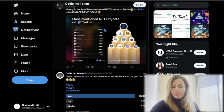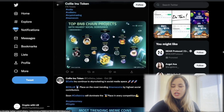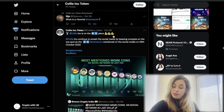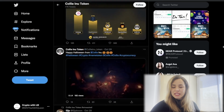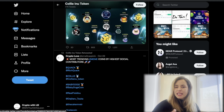Right, a little bit more about that. Most mentioned NFT projects I mentioned earlier. So you see, I'm trying to move a little bit because if not, we can be here forever and ever. Now, most mentioned meme coins on social network in the last 24 hours, and we can find COLLIE ranking on #3 this time. Right, so you can see, you guys, there is not a day go by that